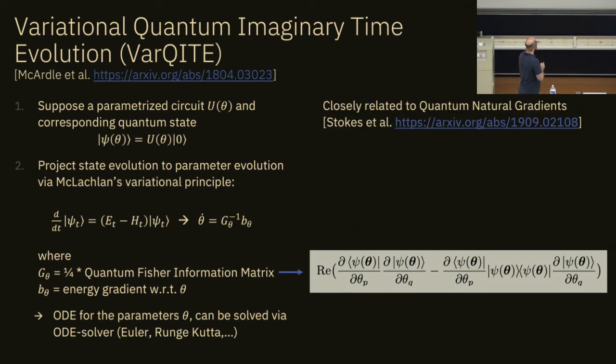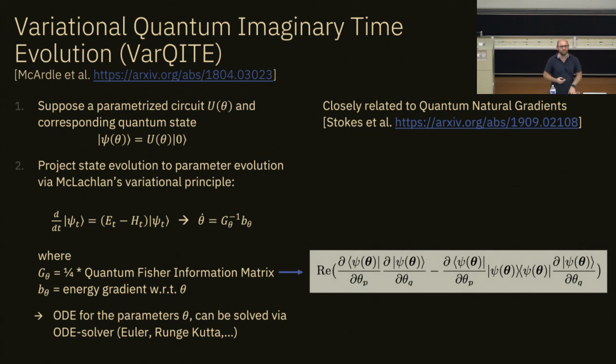All right. Some people here, I'm quite sure, are familiar with quantum natural gradients. This is very much related to quantum natural gradients, and it actually coincides in some cases. And what you do here in a way is, instead of just minimizing the energy with respect to your parameters, the quantum Fisher information translates between your parameter geometry and your Hilbert space geometry. So it kind of relates the two. Like, how much does your state actually change if you change your parameter? This you'd like to understand, and this is the link to the natural gradients.